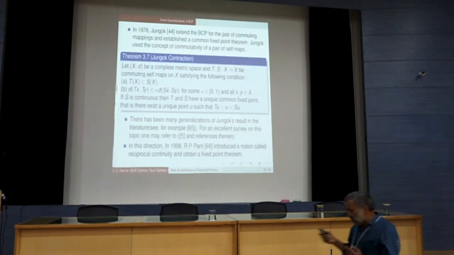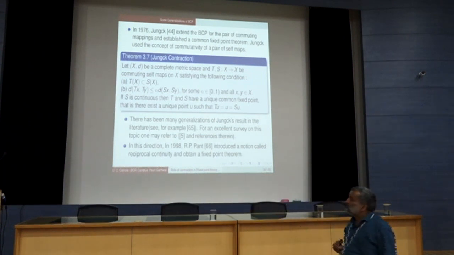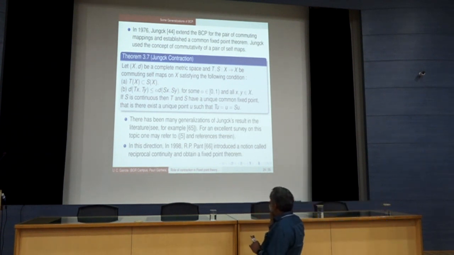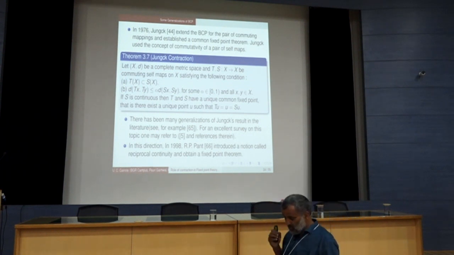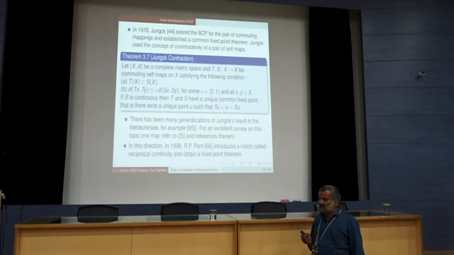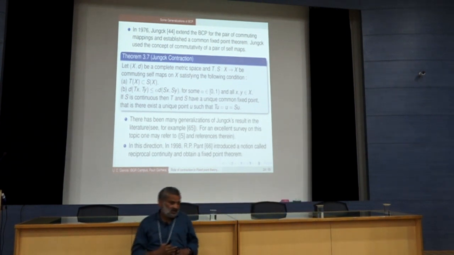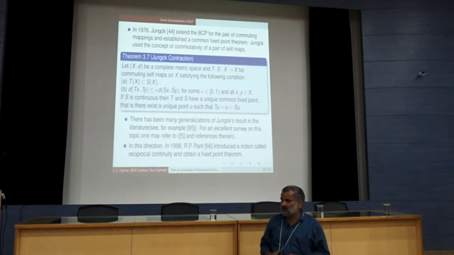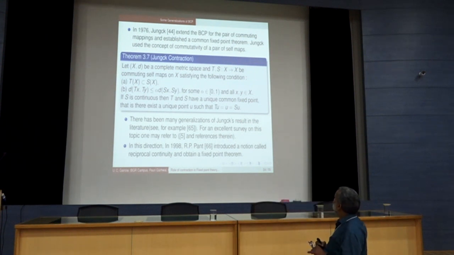Now there is a very important paper of Gerald Jungck in 1976, because before this all the theorems were for a single map. In 1976 Jungck extended the Banach contraction principle to two mappings. Before that there was a constant result of Goebel, who showed that we can have a common fixed point for two maps, but the problem is how we can get the fixed point, and it should be unique also. So in 1976 the paper was published in the American Mathematical Monthly,